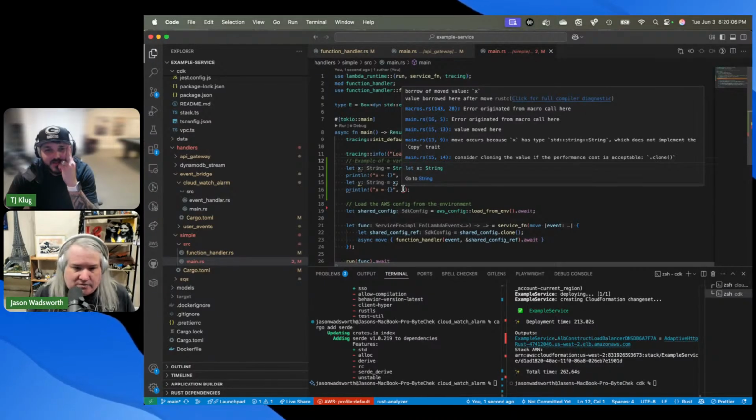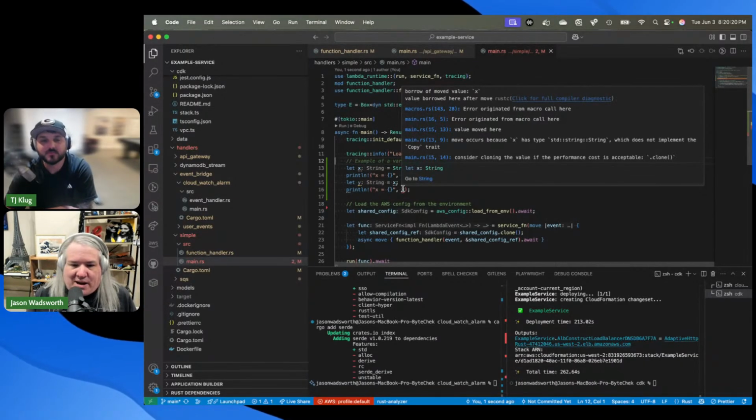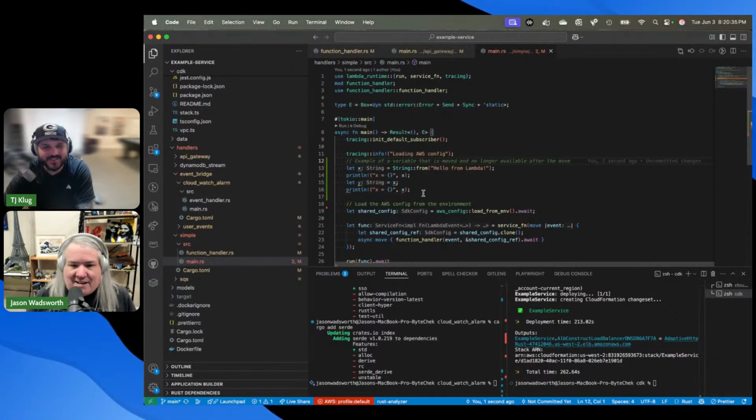It's like if you've done C++ or any of those lower level programming languages, you had to deal with pointers and all that stuff, right? Effectively, you don't have to deal with pointers. They manage that for you, but they make it to where you can't access memory that you don't own by virtue of managing this stuff for you. They basically take away and say you can't get at it because it's not in your scope, and so it does some interesting things. That's why you see clone everywhere.